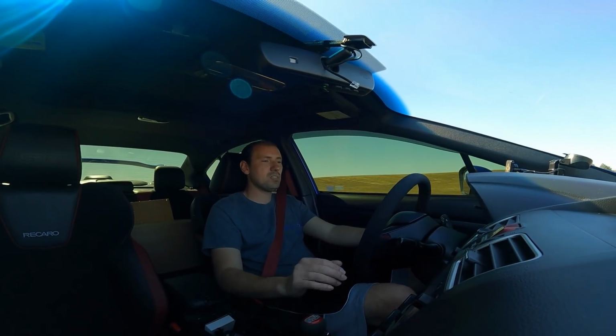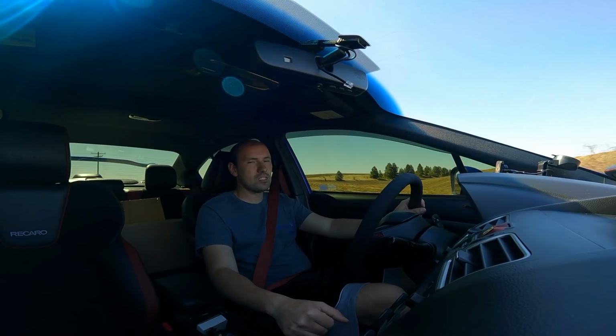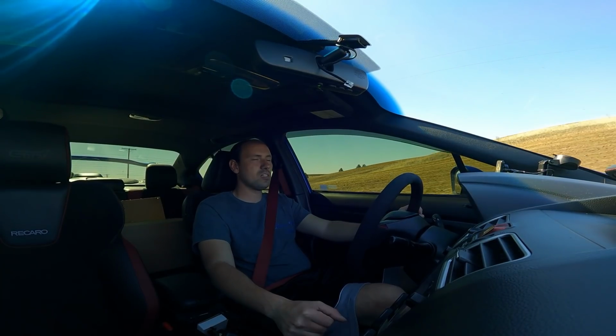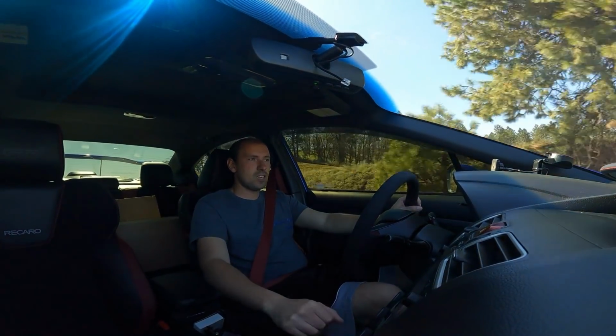You get that OEM drivability. Really not that much more of a pedal increase, maybe 20-30% stiffer pedal, which you don't really notice as much. There are a lot of clutches out there that are pretty crazy for how stiff they are. So like I said, just cruising along here, trying to give you guys